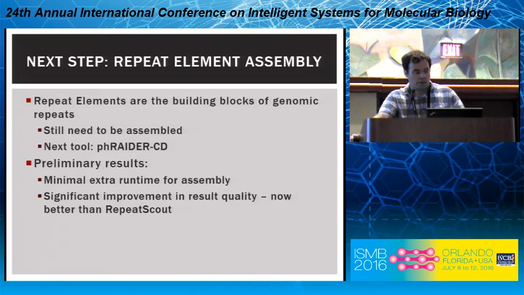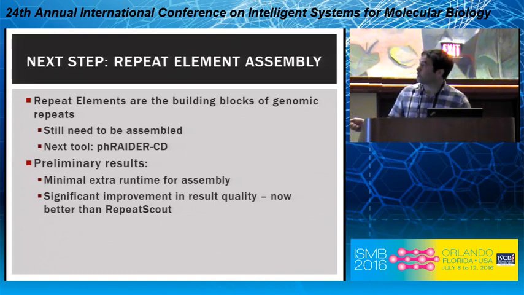All right, so I think we're about out of time, but we are continuing working on this, and what I've just said is what's discussed in the Proceedings paper. But we've now just finished the next step, repeat element assembly. You get these repeat elements, and now you want to assemble them into actual transposable elements. Repeat elements are supposed to be the building blocks of genomic reads. They need to be assembled, and so our tool, currently called phRAIDER CD, unless I think of a better name,